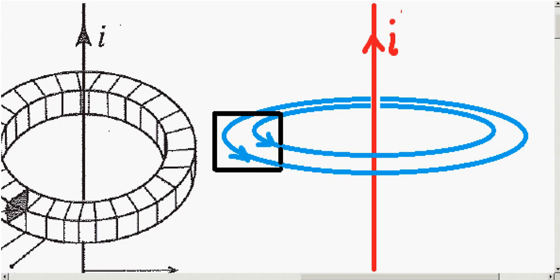So the surface of the turn, I have to use another color, is this. So the flux lines penetrate through this surface like this. That is what we call linked